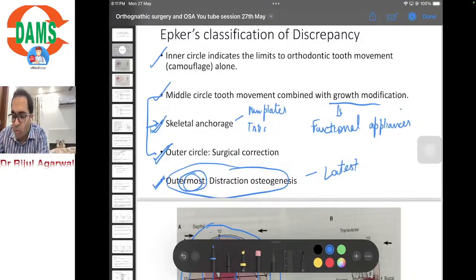Okay, so I hope this is clear. So this is the first, the classification or the envelope of discrepancy. This was given by Proffit. So the Proffit's classification of discrepancy, in exams generally they ask you the envelope of discrepancy. Okay,